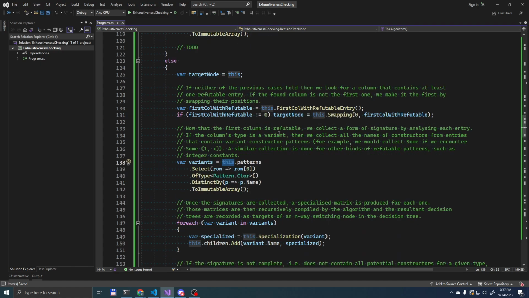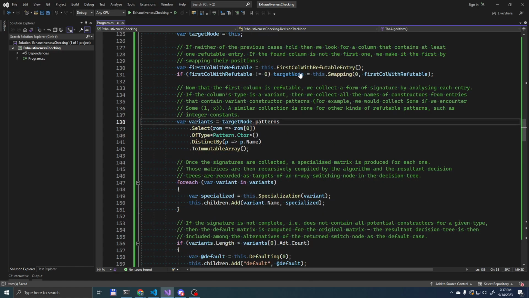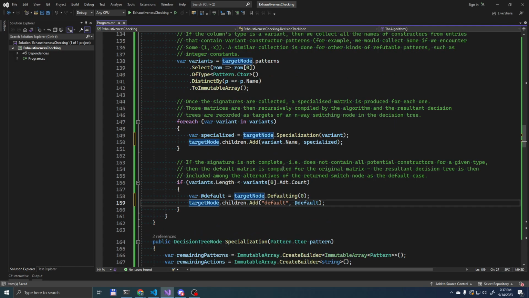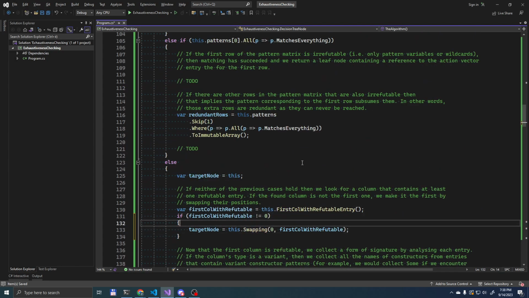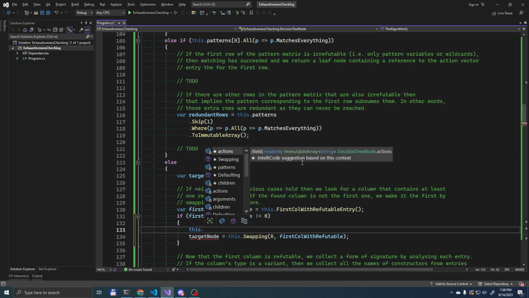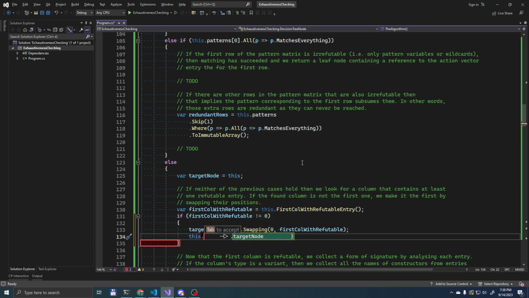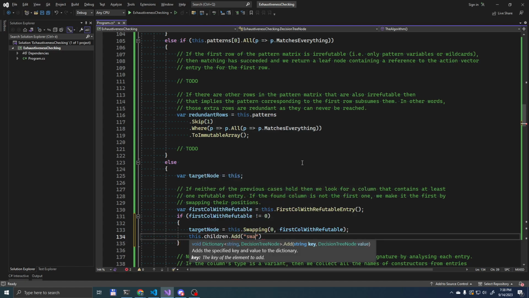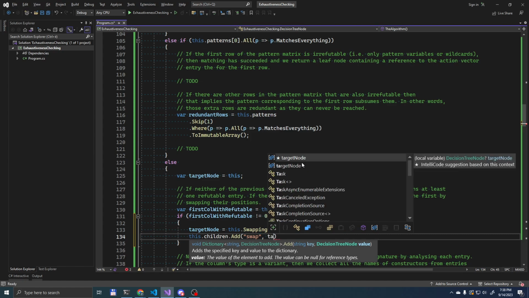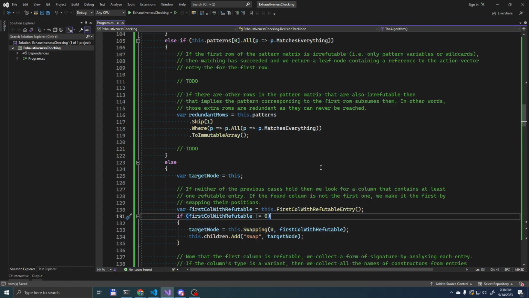And instead of this, from here, we're going to always use the target node. And what we can do here is that we did a swap. Then we can actually record that we have a child here for this. And I believe with that we have tracking for